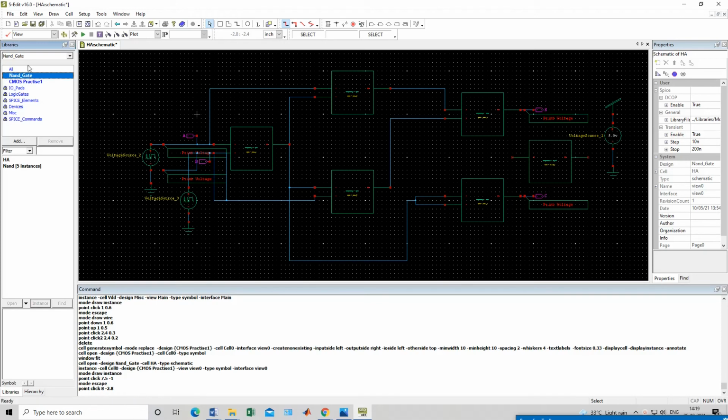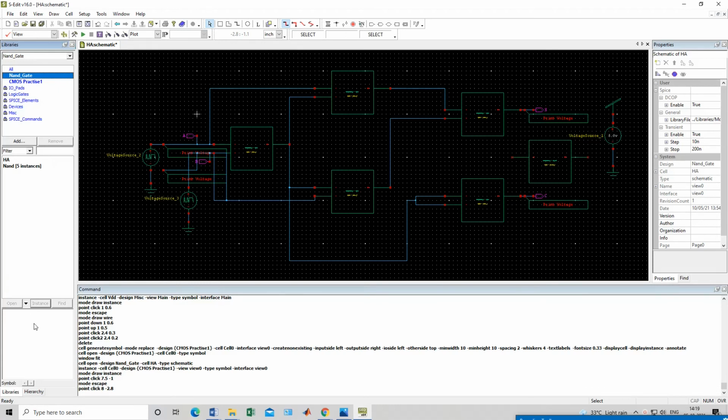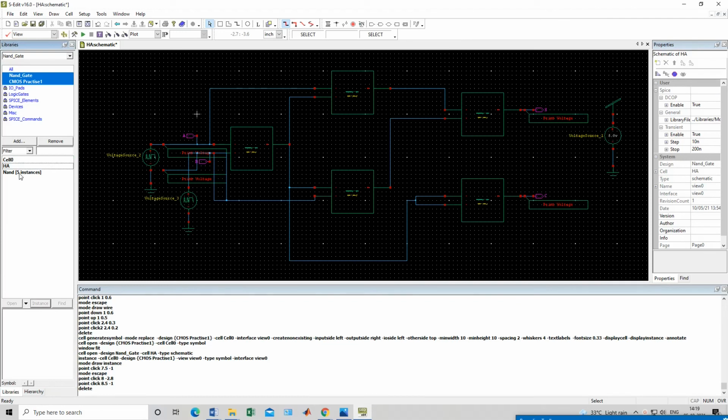We have to open all our designs here in the left hand side library. Under the library, to use this. Okay, so this is how we use our constructed design in another circuit. That's what I mean to explain to you people. Okay, so we have designed one half adder, and we have designed a NAND gate. Okay, no problem with that.